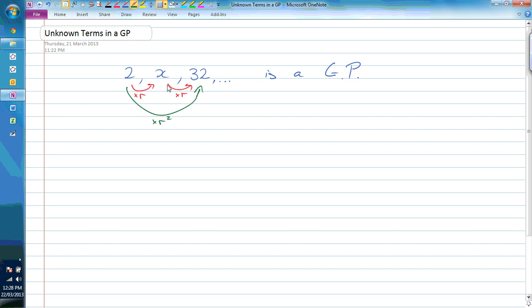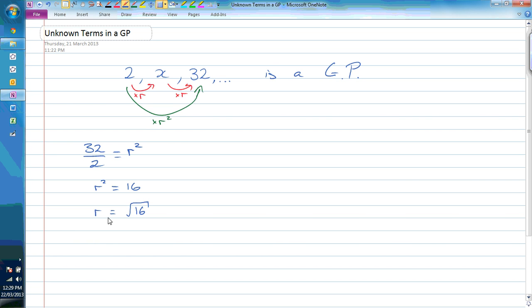So while I don't know what x is and I don't know what the common ratio is, what I do know is that 32 divided by 2 has to be equal to the common ratio squared. And we can solve this and find what r has to be. So 32 divided by 2 is 16. I'm actually going to write the equation around the other way because that's what we're usually used to seeing, the pronumerals on the left. Now here I'm going to take the square root of 16,